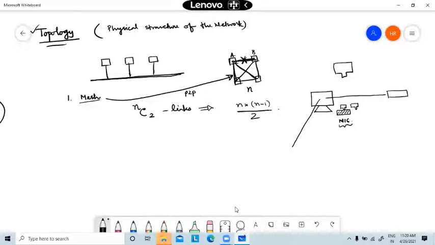If in your home there are two devices and you want to communicate between these two devices only, then it is very easy. One device, one network interface card, one jack point, you are connecting with another network interface card with a cable. This is very easy. But if you want to connect more than one device with a single device, then your network interface card should have support, I mean, it should have more than one jack point. Logic clear? Why this is very difficult? So that's why the